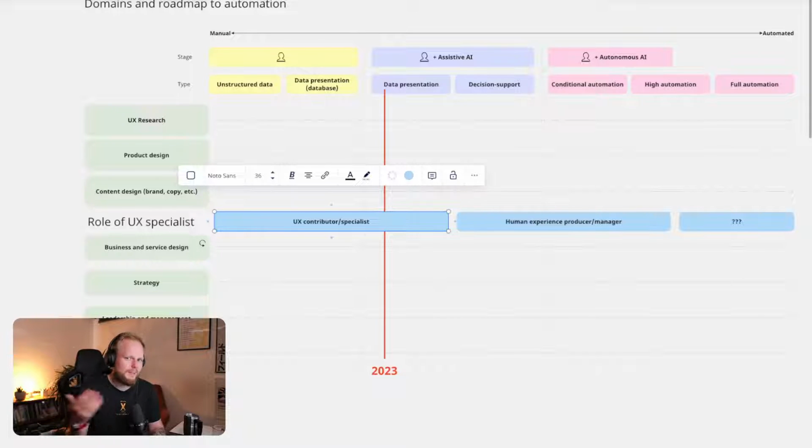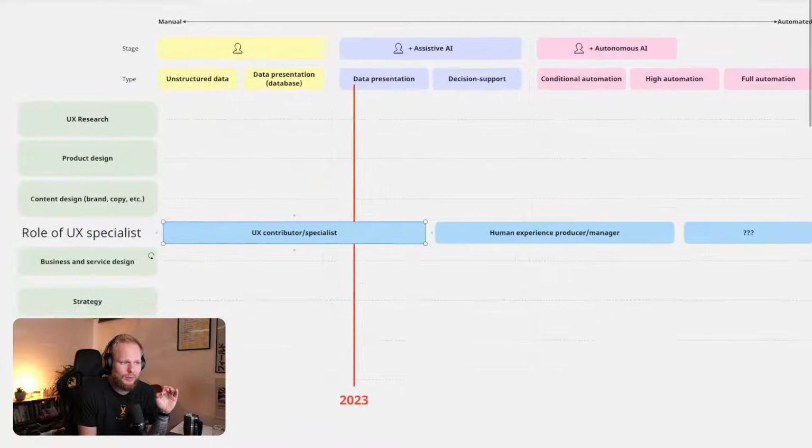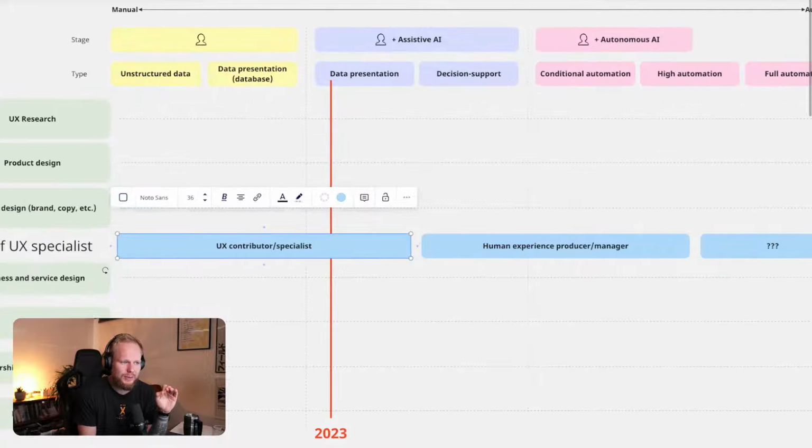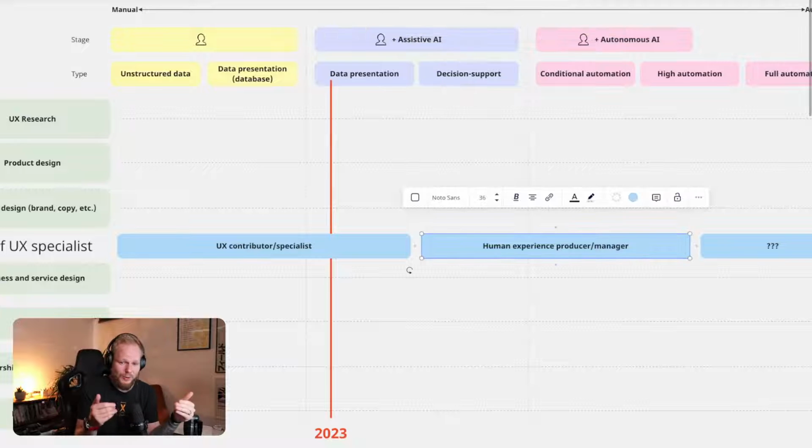You're still involved and thinking in manual terms, in unstructured data presentation as a database, and so forth. And that's going to persist until we reach our UX tooling and automated tooling decision support stage. That's where our roles are going to shift from specialist or contributor into human experience producer or manager,